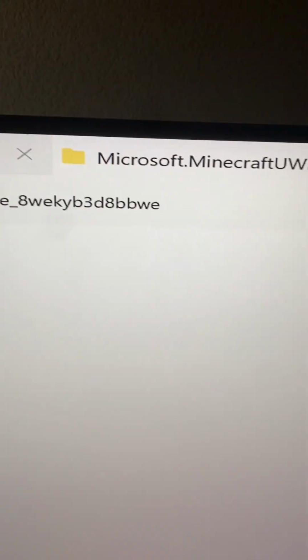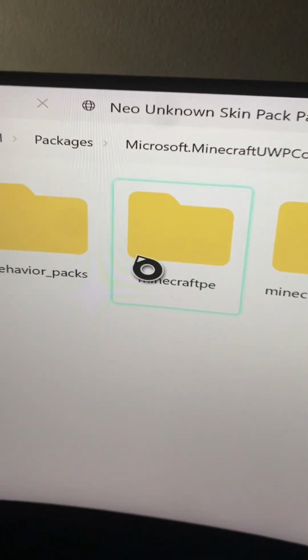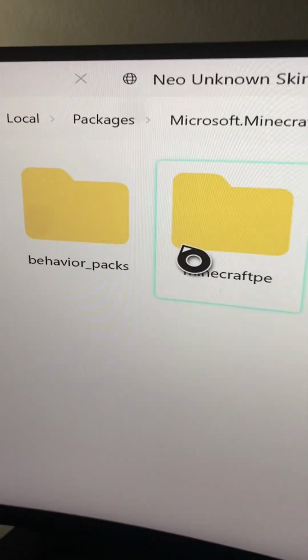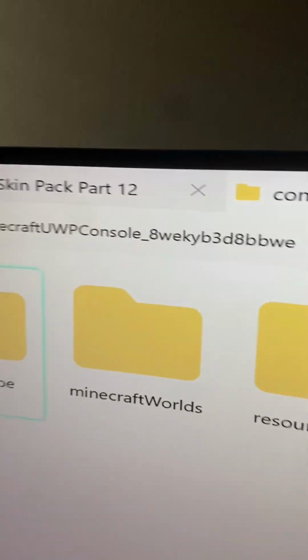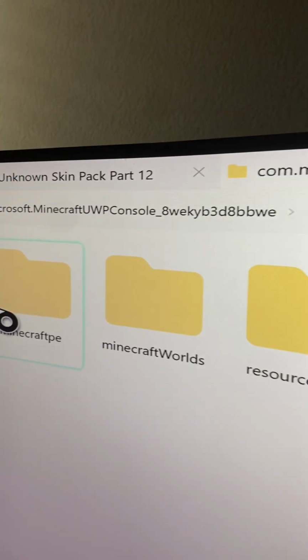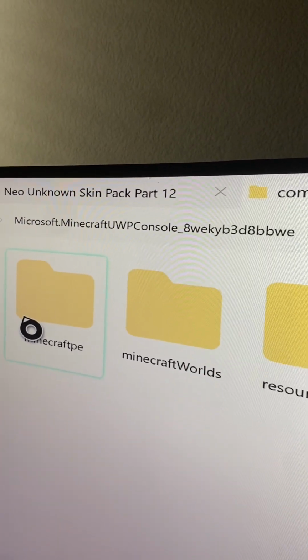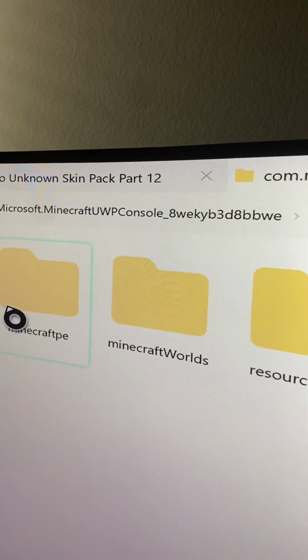Sometimes this folder doesn't exist. If it doesn't exist, make a whole entire new one with the exact same name so it works. So if you don't have the folder, make sure that you make a new folder, and it has all of this section right here. Microsoft.Minecraft, UP, whatever console. You want to name that folder,